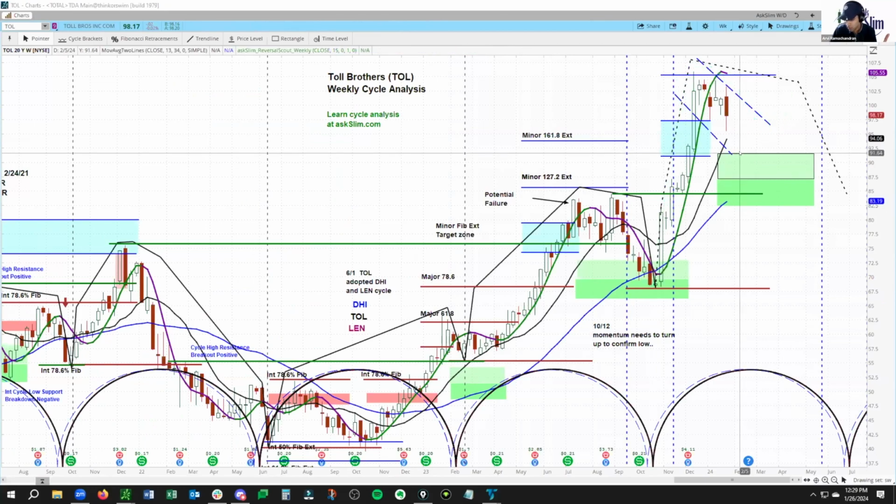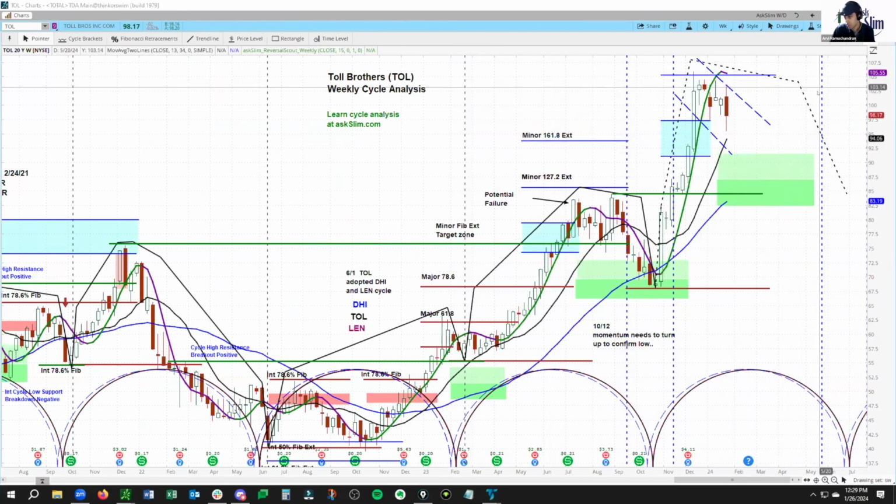And then for a bounce off of this zone right here. You can see this zone right here is right around the 9160-ish area to 82.5 in TOL. And then we'll be looking for a bounce off that zone with our next key trough that's only due out in the summer of 2024.